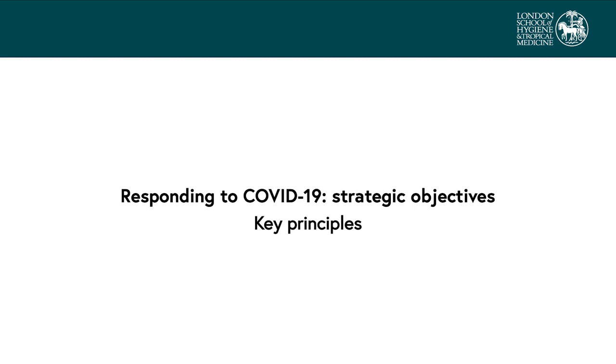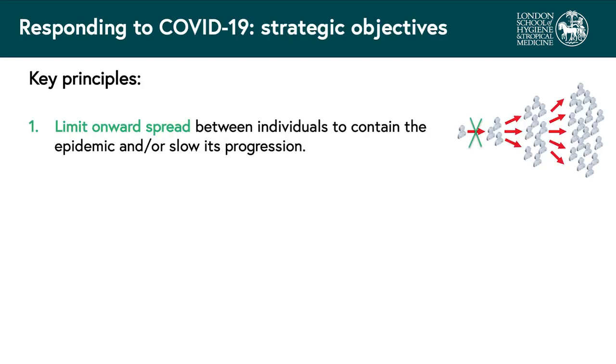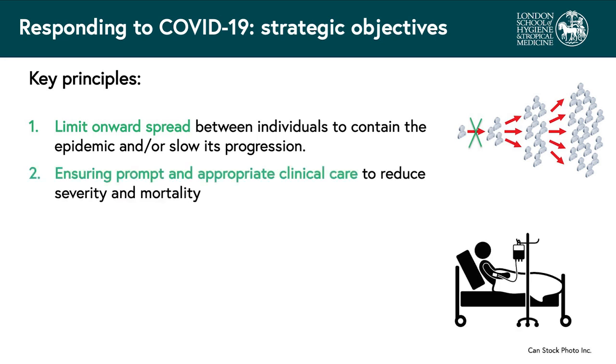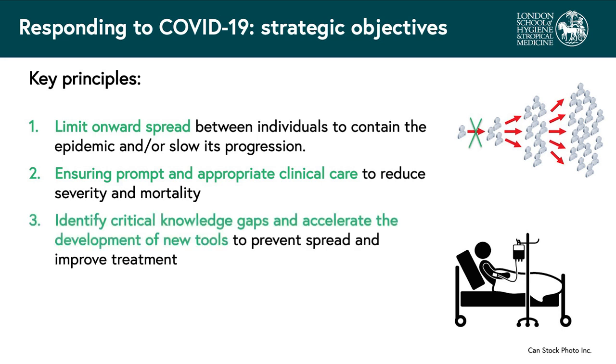Strategic objectives may differ slightly in each country or organization, but the main overall objectives should be broadly similar. The response first aims to limit onward spread in the community and break chains of transmission to stem the epidemic quickly, or at least slow its progression. Second, the focus should be on ensuring appropriate clinical care, particularly of vulnerable patients, to reduce severity and mortality. Third, to address knowledge gaps and accelerate the development of new tools, vaccines, therapeutics that may help prevent disease spread